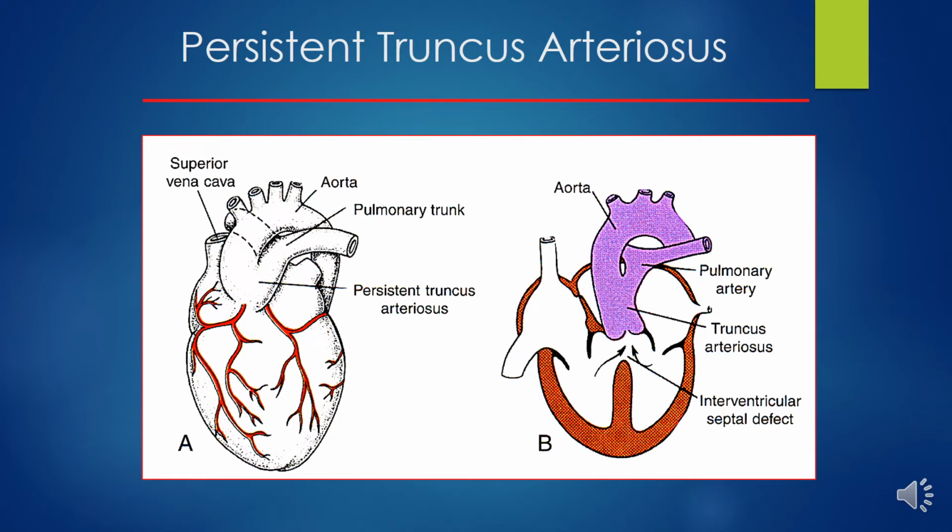As a result, cyanosis is more pronounced. As PVR drops over the first few weeks of life, increased left to right shunting leads to a reduction in the degree of cyanosis and increased pulmonary blood flow, and the clinical signs of heart failure appear due to increased pulmonary volume and reduced systemic cardiac output. The heart failure typically presents